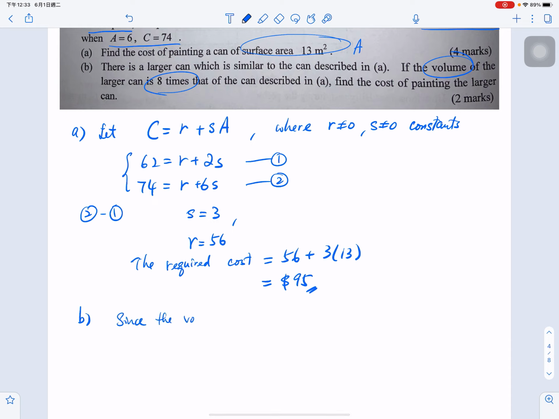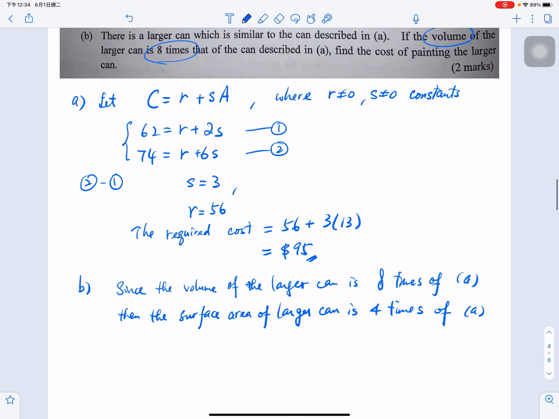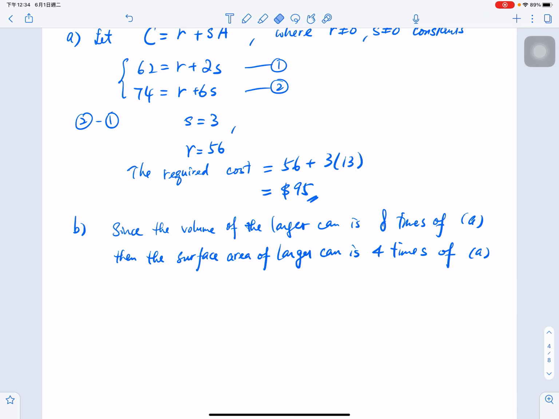since the volume of the larger can is 8 times of part A。OK，咁即係話個 surface area 會點樣呢？Then surface area of the larger can is 4 times of part A。好，呢度可以睇睇 if this one is 8 over VA, this one actually equals to the length